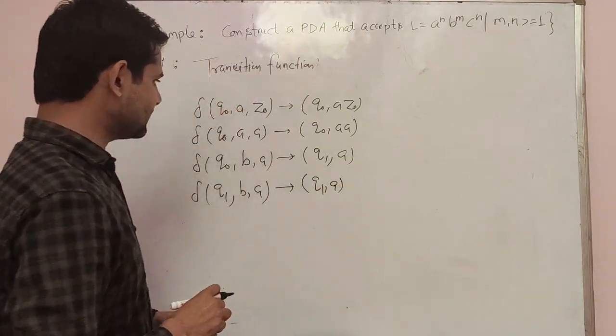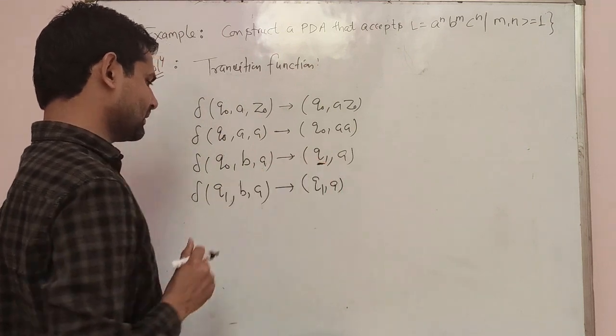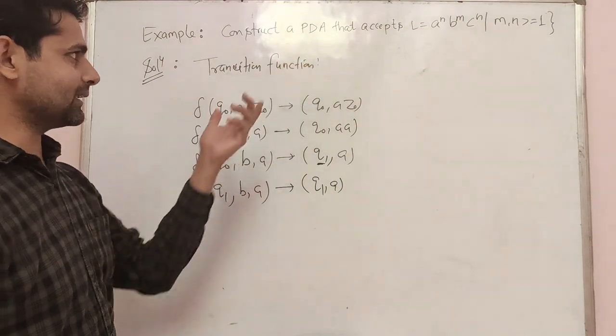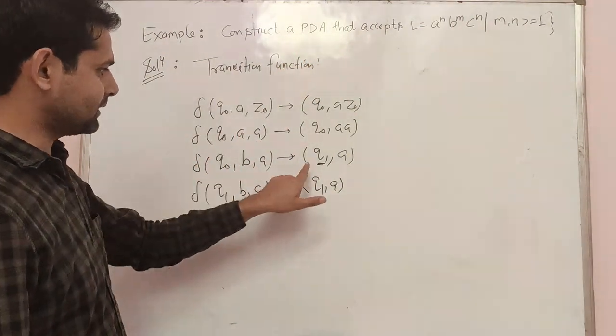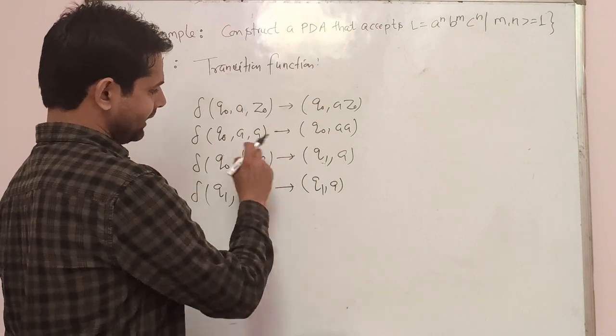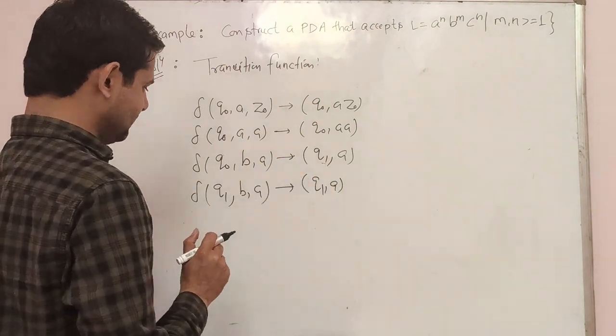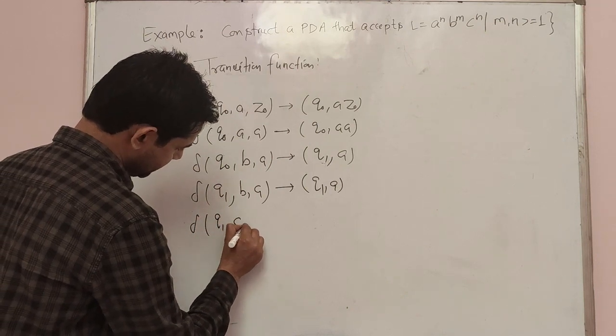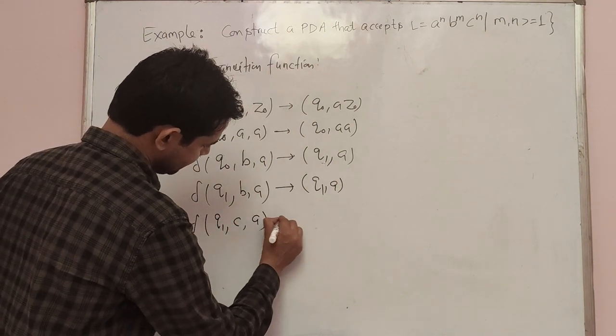And then it is C. What is the reason for changing the state here? If B's have started in this language, then we will not accept A's anymore. That's why we are changing the state here, right? And in this state, we are reading any number of B's. Then in this state, the input symbol is C and the top of the stack is A.